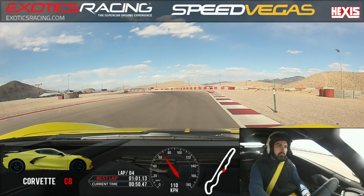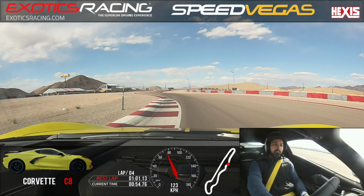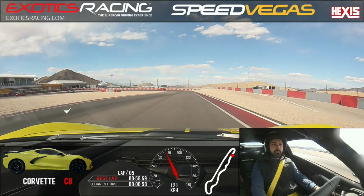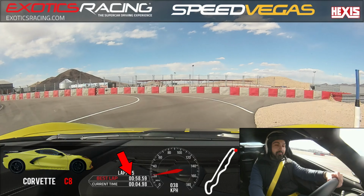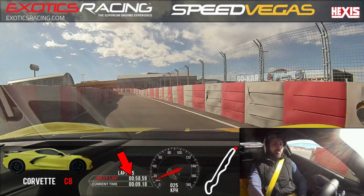Slowly off. Turn early. A little bit of throttle. Back to your right. Apex to your left. Back to your right. Brake straight to the exit. Straight ahead. So 58.59 seconds in the Corvette, 3 seconds faster than the GT4, and yes, 3 seconds is a lot,